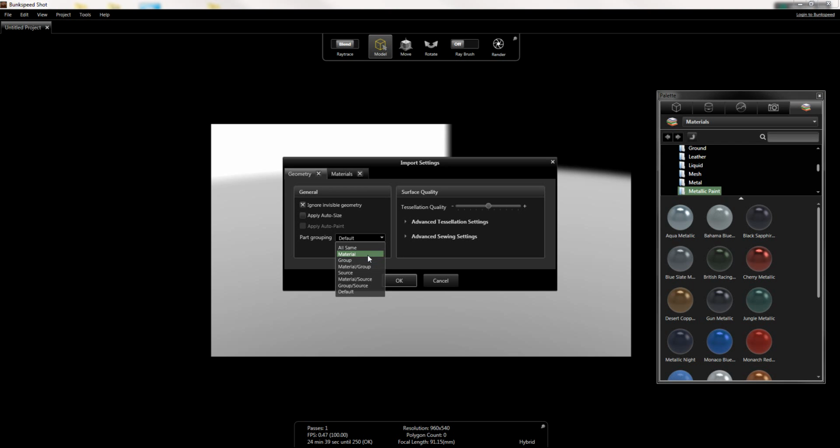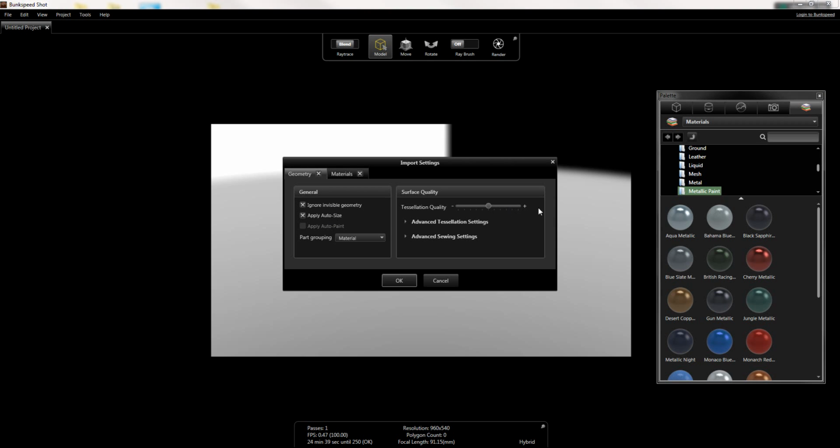If it's wrong, it's going to see it all as one big blob, and then it's useless. I'm going to auto size the model. This will blow it up, make it a nice, easy to render size because I'm not relating this part to anything else. If I wanted this part to be something I could import into other scenes and everything have the same scale and relation, we wouldn't check this